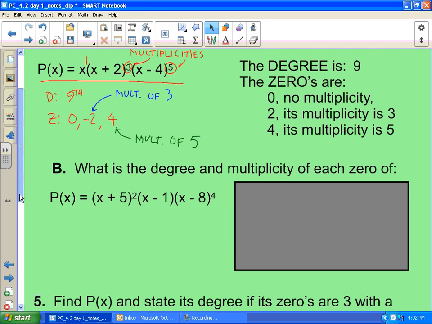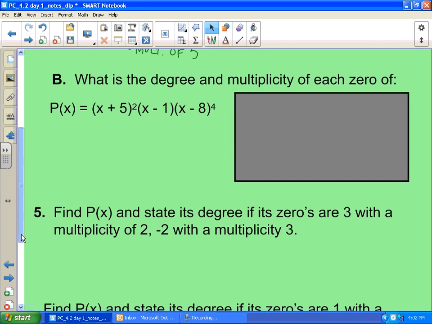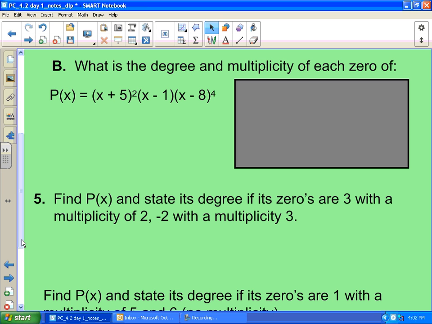All right, let's move on to the next one. What is the degree and multiplicity of each of these zeros? Again, multiplicity is saying how many times it is going to be repeated, and that will relate to the power. So our zeros, again, x plus 5 squared is a factor, x minus 1 is a factor, x minus 8 to the 4th is a factor. And so from the factors using the zero product property,